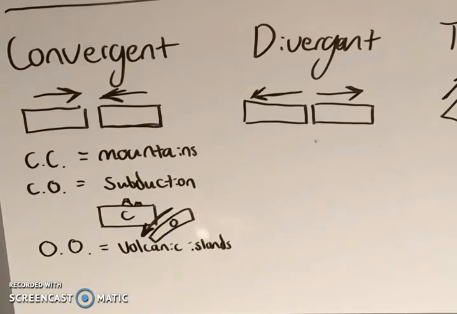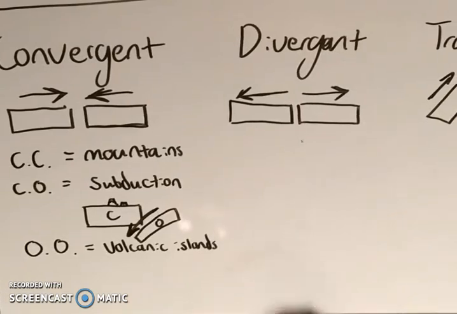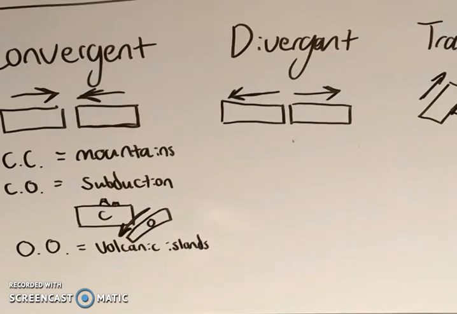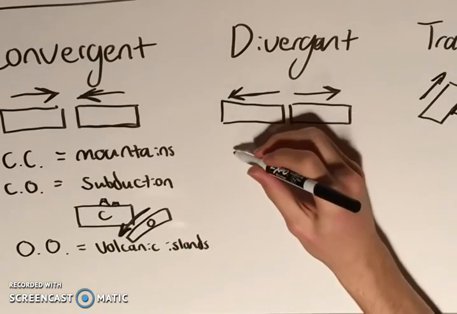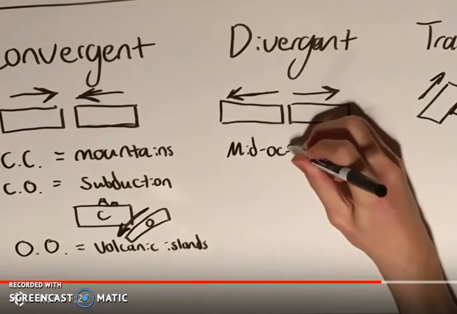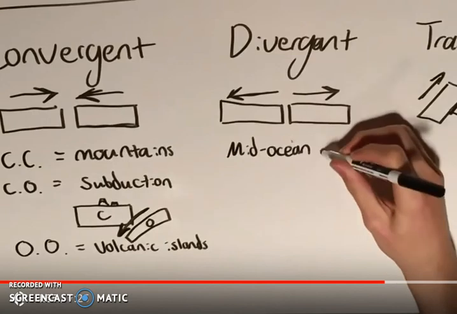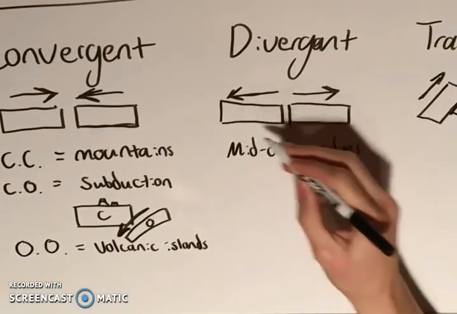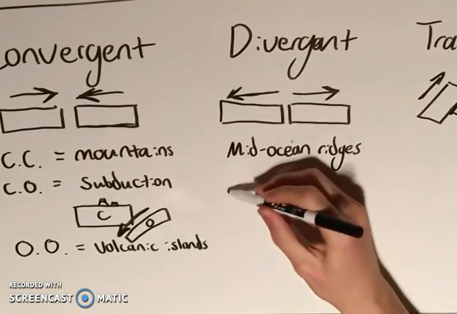Then we have divergent, and the only one we're really concerned about here is what happens in the oceans, because we actually don't have any divergent plate boundaries within continents. So the big thing about divergent plate boundaries is we are going to have mid-ocean ridges. These are very interesting. Might make another video on them. Otherwise known as MOR. But just imagine these two plates pulling apart, and then basically, I guess I can draw